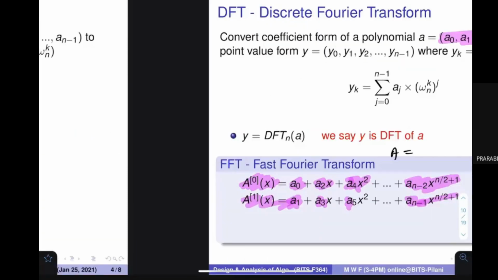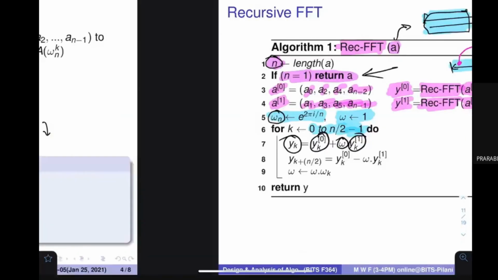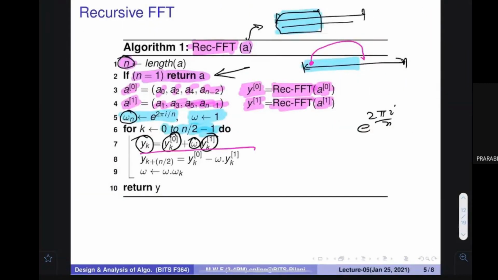Using the halving lemma, the next item can be found as the negation of that particular item. So whenever I compute the first item, the second item is just the same item, where here it was plus and here I write minus. So immediately the same item creates the second item. This is only because they have half the number of items. When I divided them into two parts, they became half the size. So using the half size, I created these two things, and then I subtracted this.